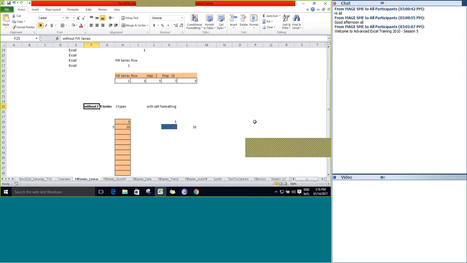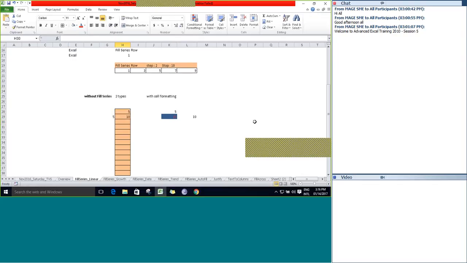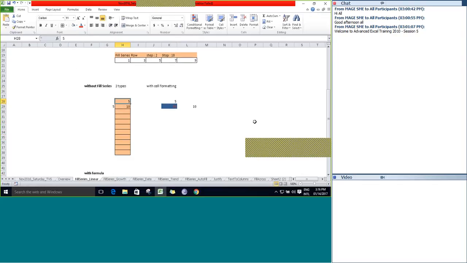Let's see the scenarios here. So here we have 5 and here we have 10. So the difference between these two values is going to be what? 5. So Excel will consider the difference between the two values as a step value.